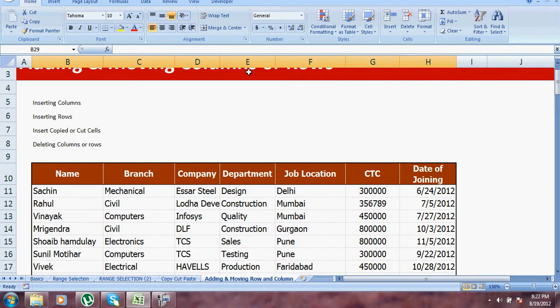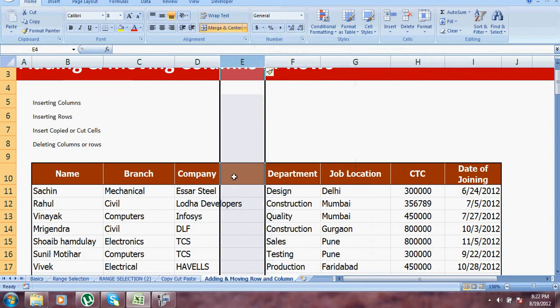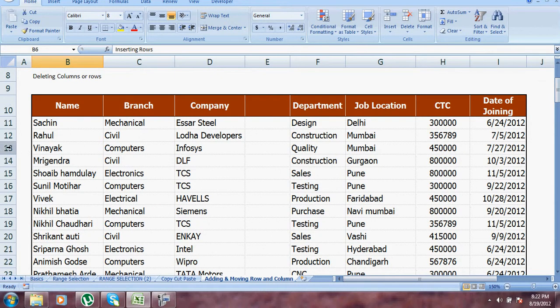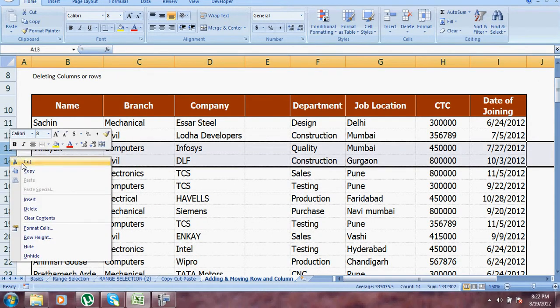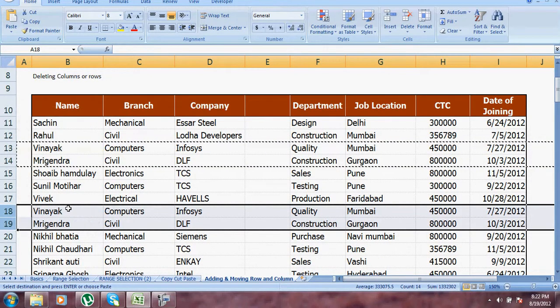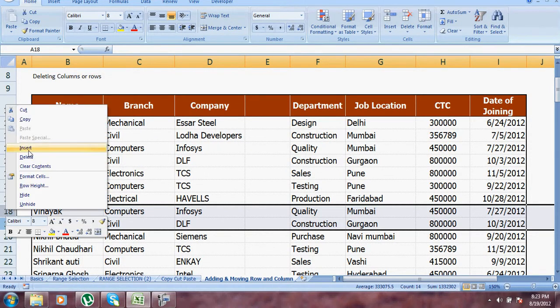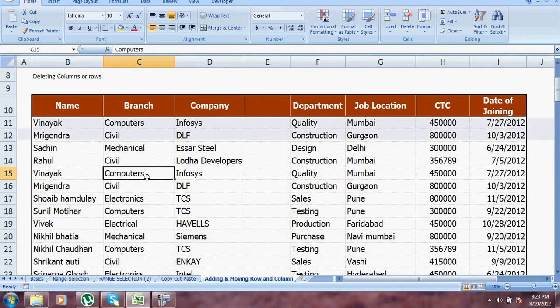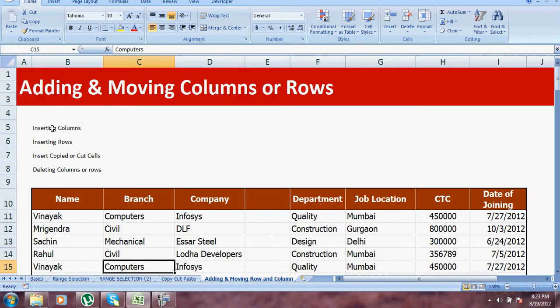If you have to insert a column, insert. So again, a column is being inserted. You can fill in your data. So this is the way you can insert a row and a column. Now suppose you want to copy these two cells, copy, and you want to insert them over here. Insert copied cells. So again, this can be done. If you want to cut these two cells, cut, and you want to copy it over here, just click over here, insert cut cells. So this is the way all these functions will work.